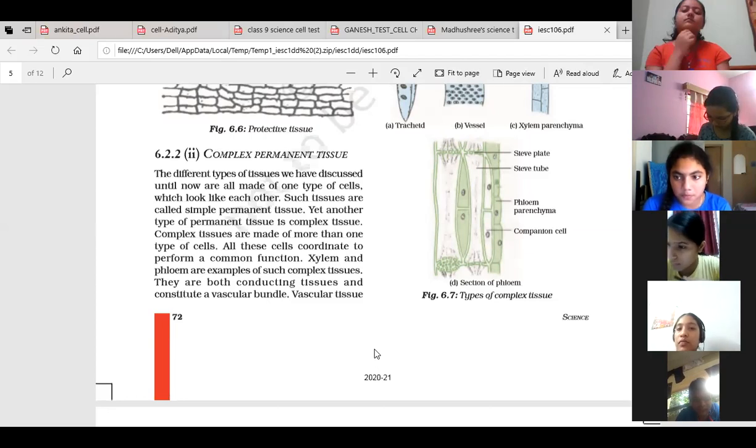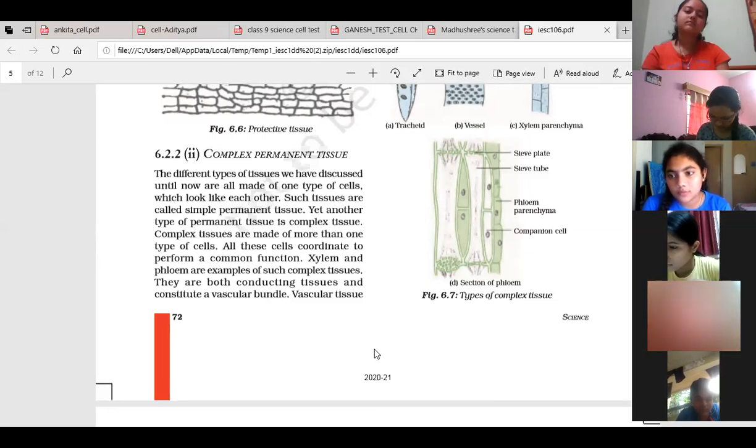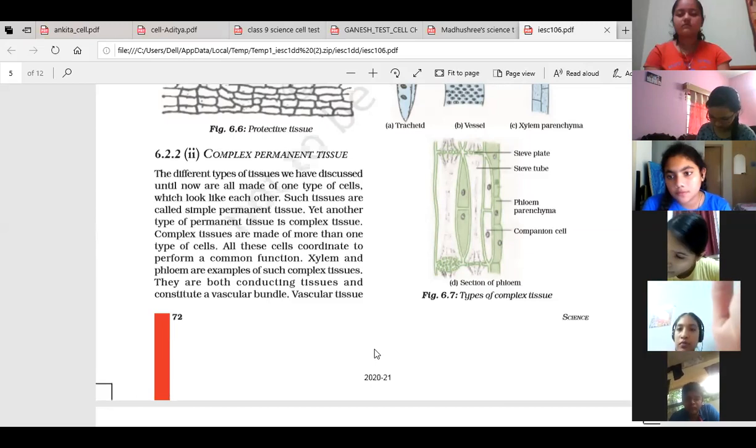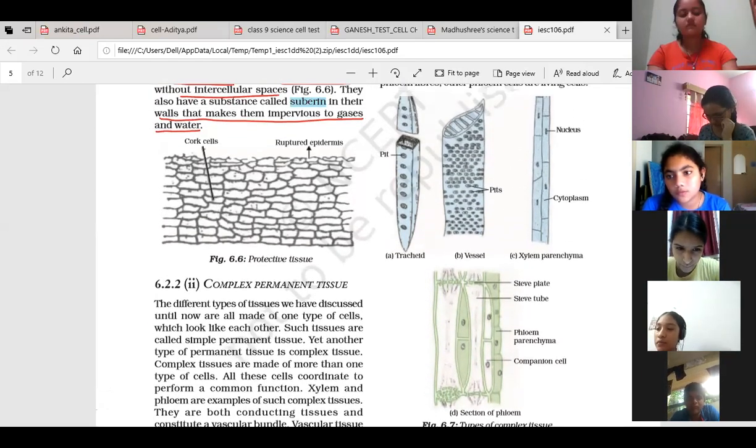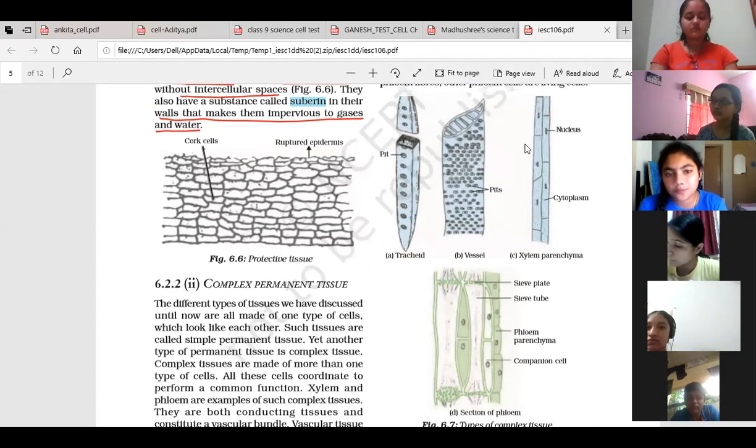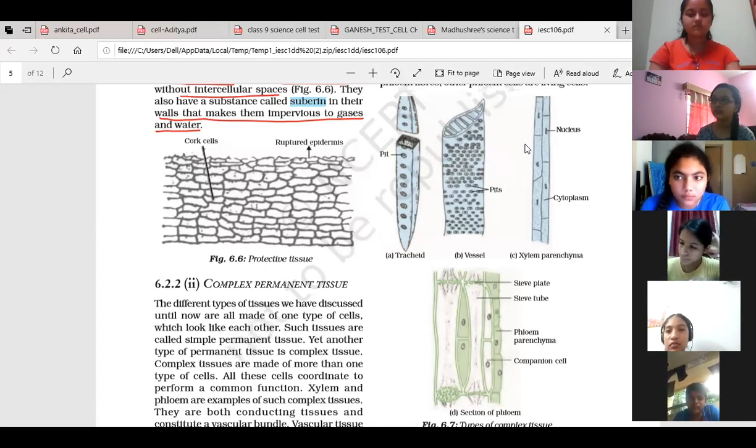Now here the xylem is not a single cell, it is made up of many different types of cells. So 4 types of cells are there. First one is, do you remember? Tracheids. So here it is given. This is tracheids. These are vessels. And then beside that, there are parenchymatic cells and the fibers, sclerenchyma. So xylem tissue is made up of 4 types of cells.